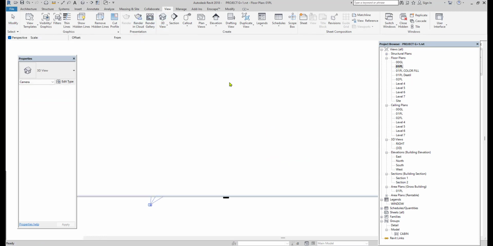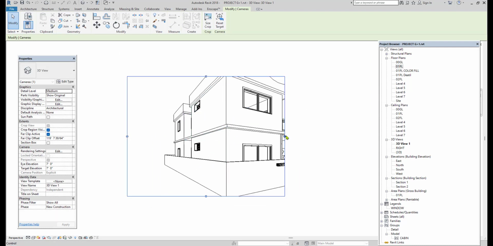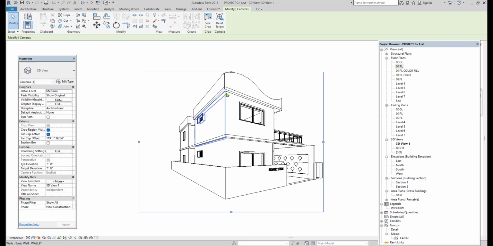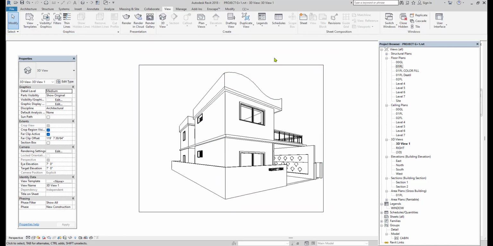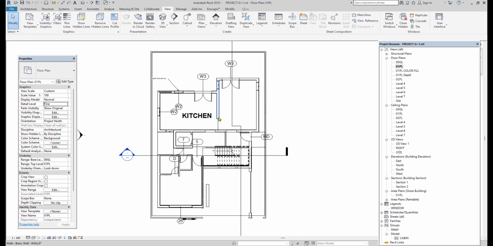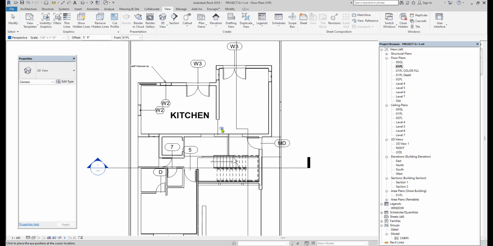Place the camera and then cover it and expand this render region or camera region and convert this into realistic. Same way, I'm placing the camera inside the room to get the interior view of the room. Before that, you should be ready with the interior furniture. Then I'm placing the camera here. Make sure you are not overlapping the camera target over the wall, and then just place it.